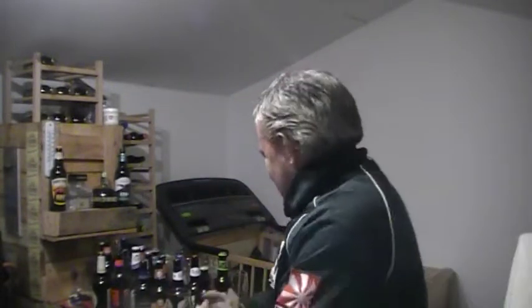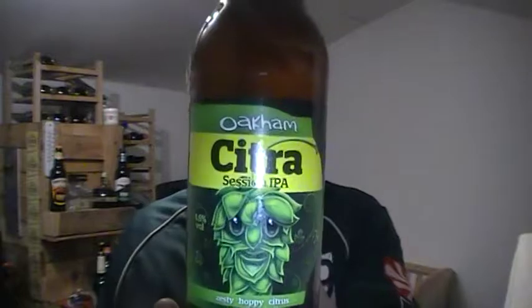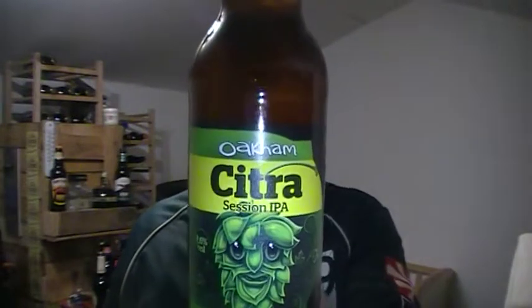From a very cool beer room, 4 degrees cool, so not exactly warm. Tonight I'm going to be reviewing, for me, one of the early Citras that came out from Oakham. Their Citra,